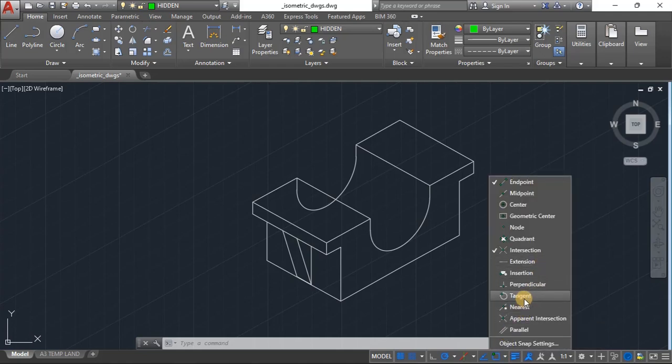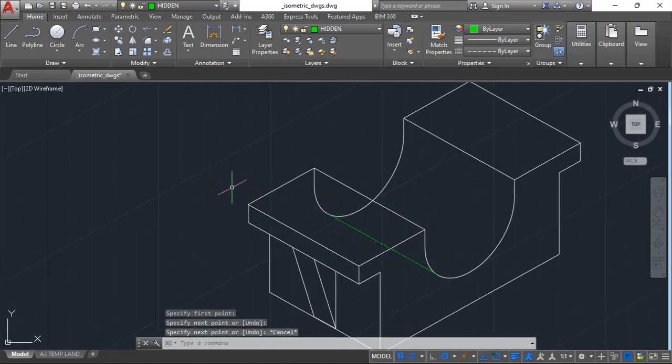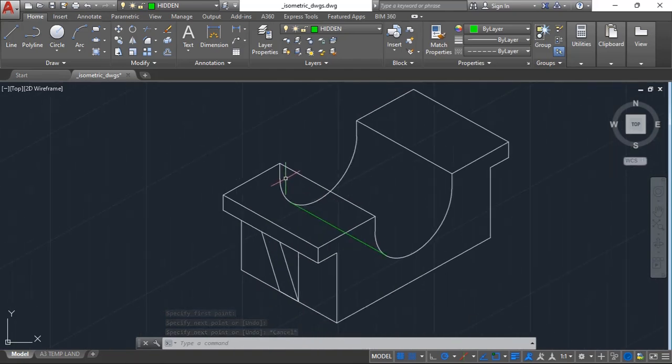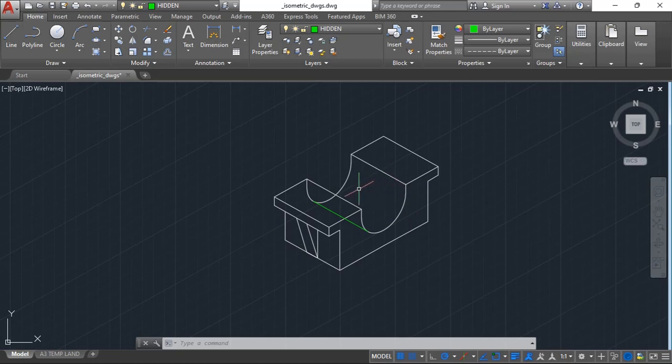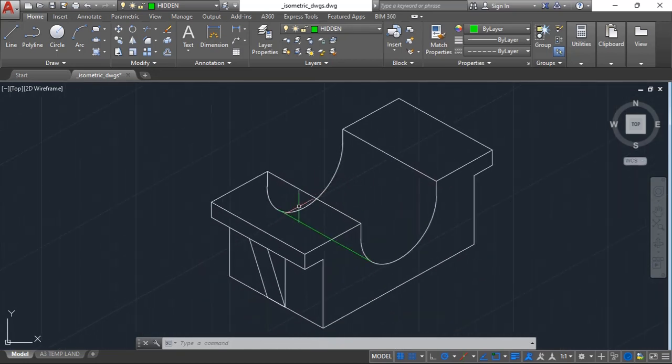It's usually quadrant. So if I take the line tool from there to that point, it's usually quadrant. It's usually that, but we're not interested in hidden details, so I'm going to get rid of that